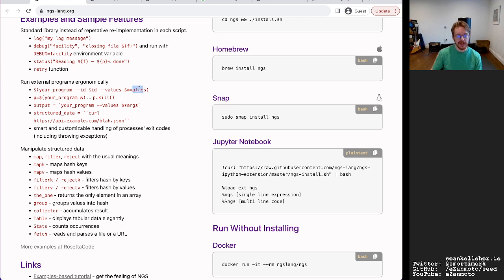So if values is a list, this star will then decompose that into, it puts the values one after the other. I'm not sure how they'll be joined. Will they be separated by commas, or will they be separated by spaces? I'm not quite sure.